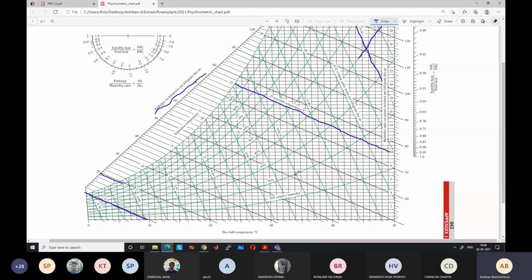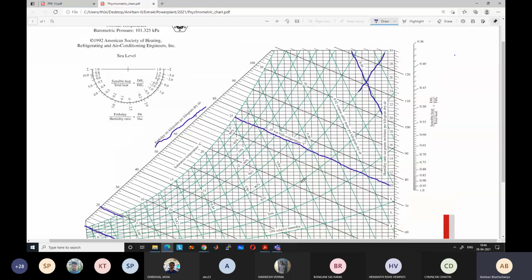Instead of the chart, if you use the tables, like the steam tables, then from that we can calculate the enthalpy of water vapor at each temperature, the saturation water vapor enthalpy, all these things. But that becomes much more cumbersome. So now let us come back to our problem, and it will give you an idea of how to calculate.